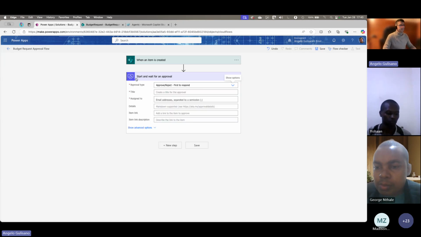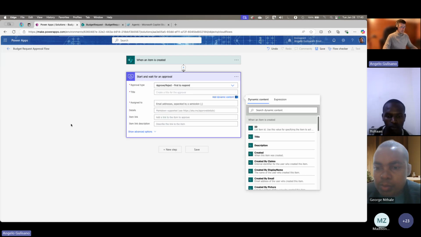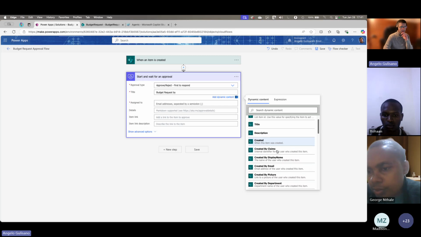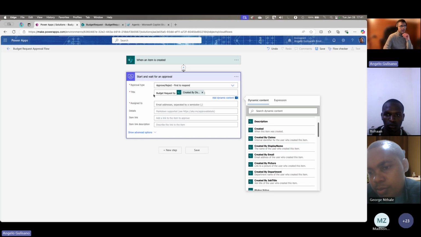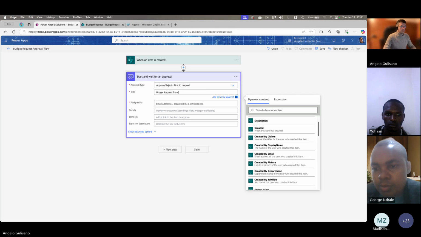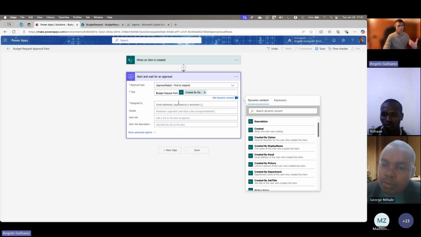So we can configure the data of the approval. For example, budget request by, and here we can use the data of the connector before this one. In my case, for example, I want to show the display name of the user who created the request, budget request from Angelo, or the ID, or what you want.